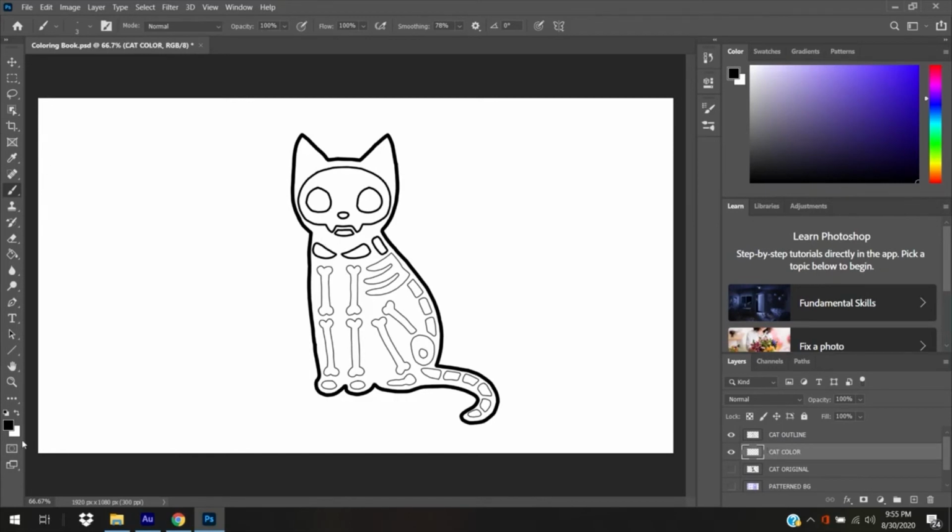All right, so we're going to use the paintbrush. We'll turn down the smoothing, that's my personal preference, to 0 at this point. And then opacity, make sure it's at 100% initially, and then afterwards you can do some kind of crafty, creative things with your coloring book. So I would start with black and paint in all of the stuff that would be black with my cat,